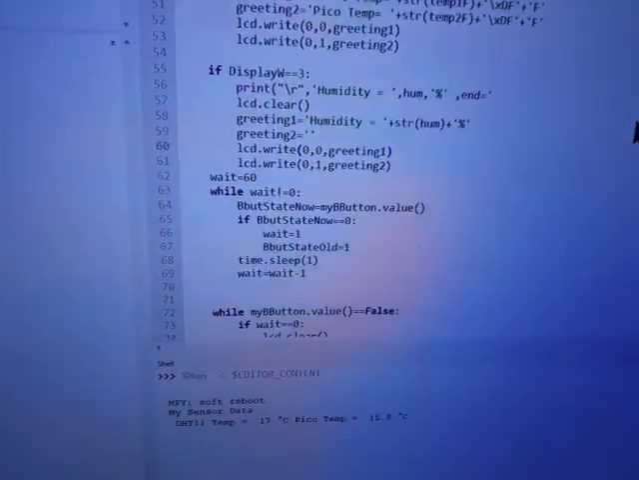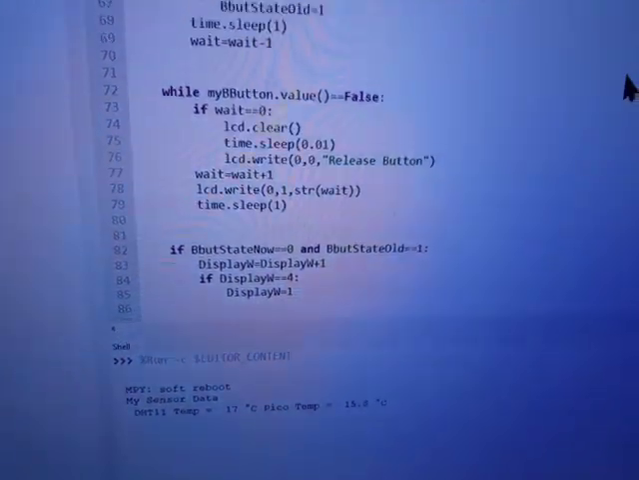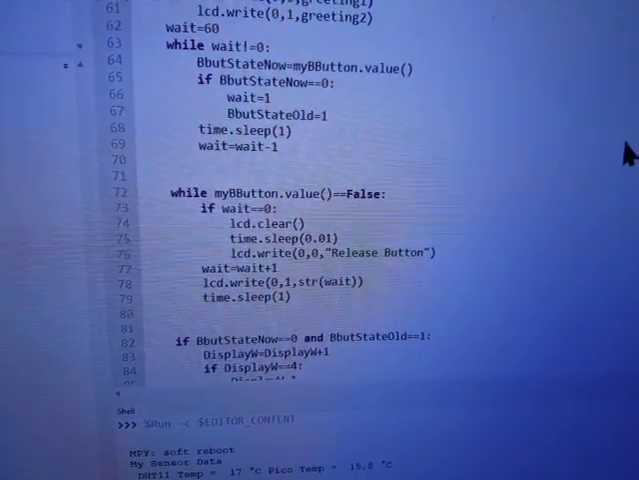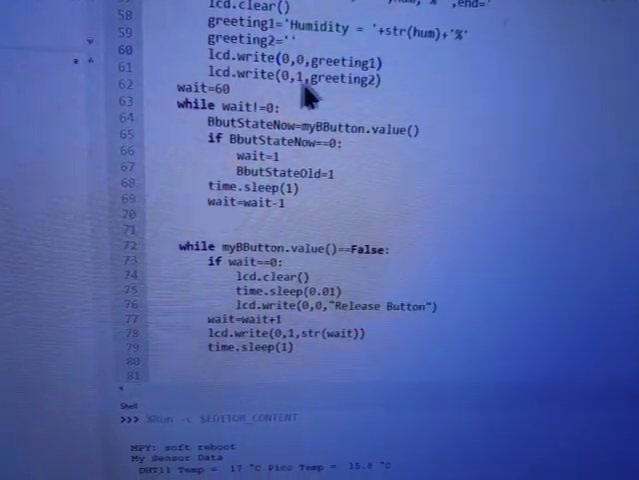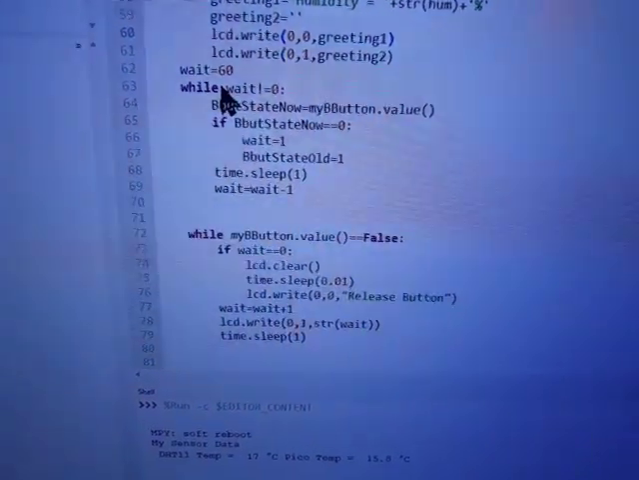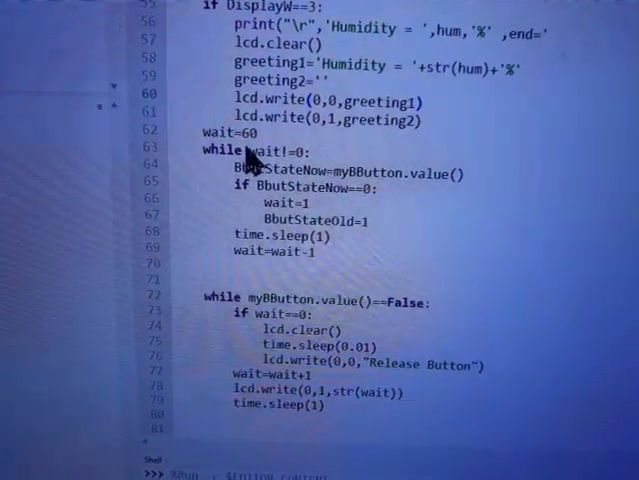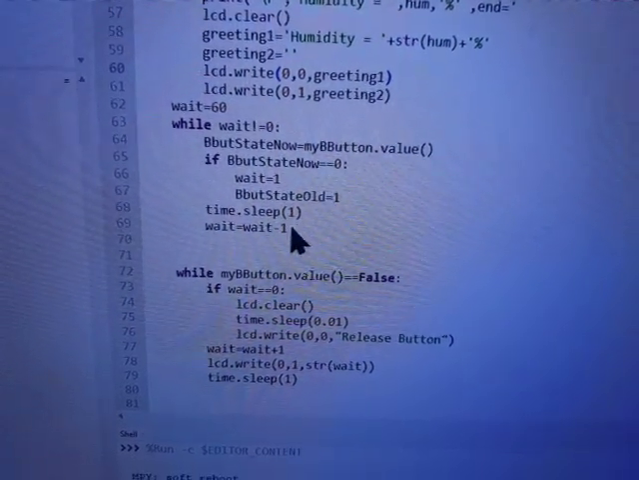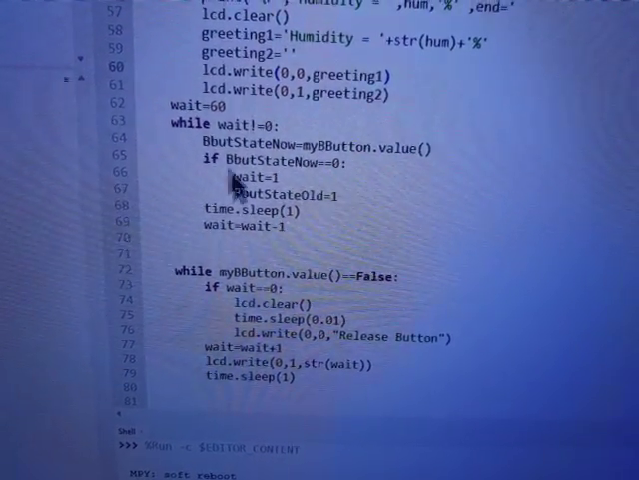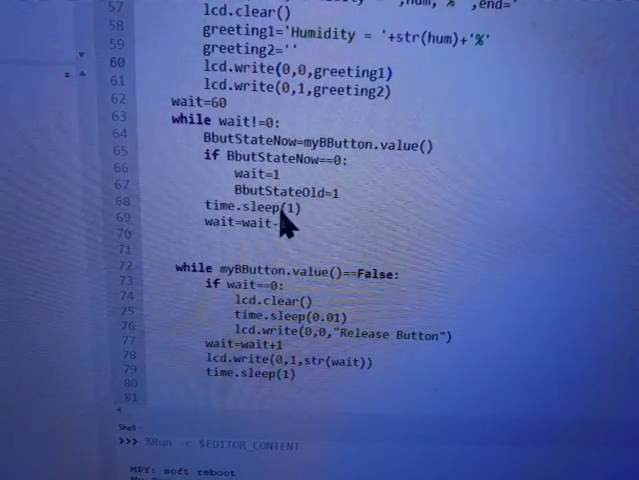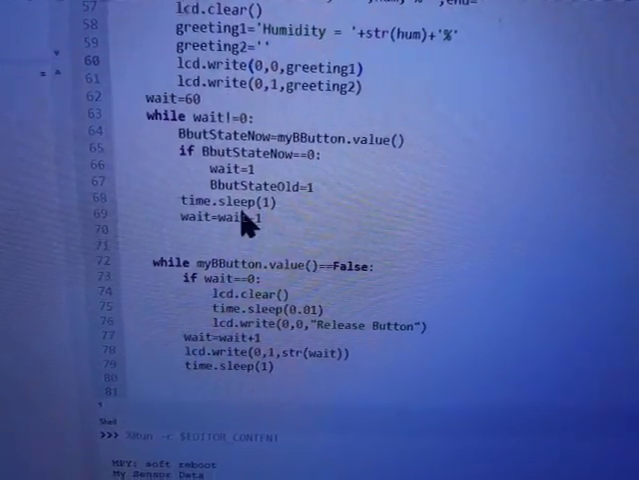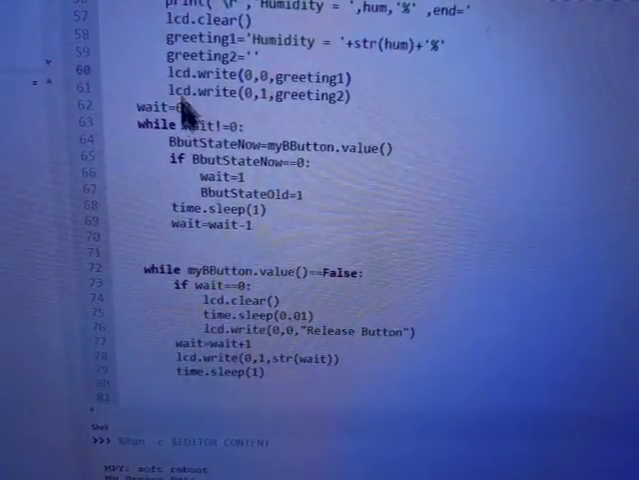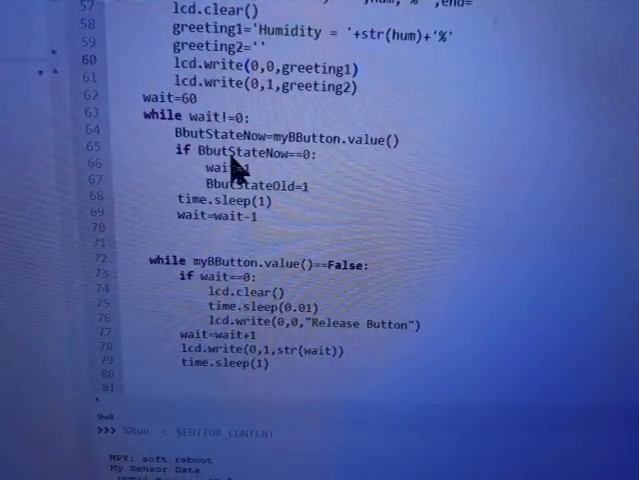I've also changed how my button works. At the end of each screen update, it waits here for the equivalent of 60 seconds, but it's only got a 1 second delay. It checks the button and then has another 1 second sleep, and it does that 60 times until,